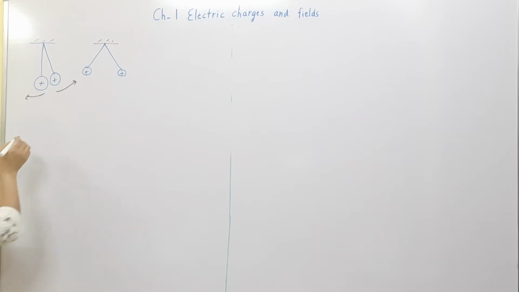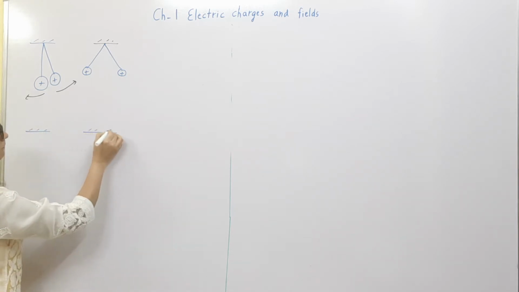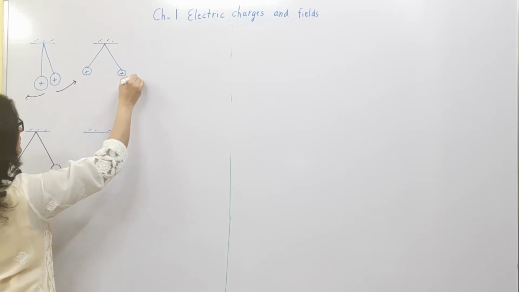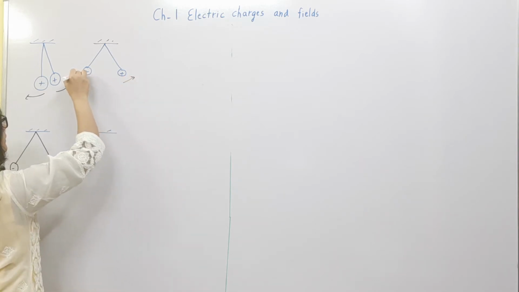Similarly, in the next case, the pith ball which is brought in contact with the plastic rod rubbed with cat's fur is brought near the other pith ball, which is also touched with the plastic rod rubbed with cat's fur. Then it is observed that there is repulsion,